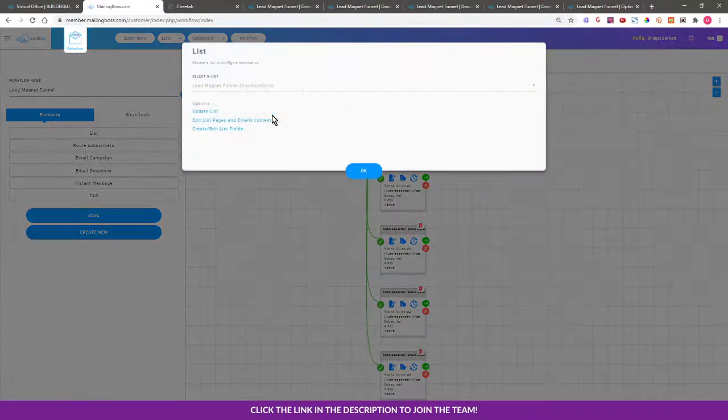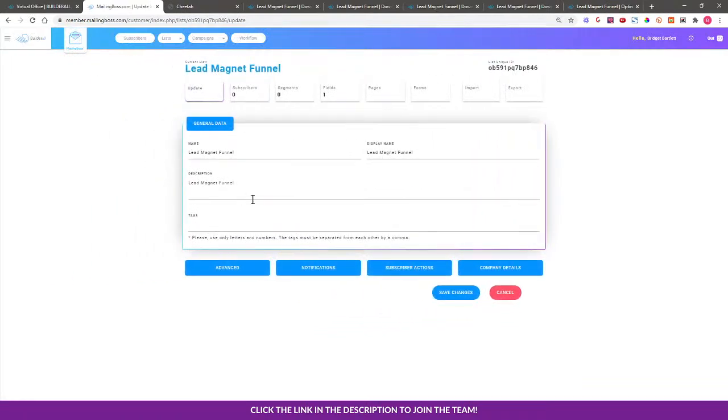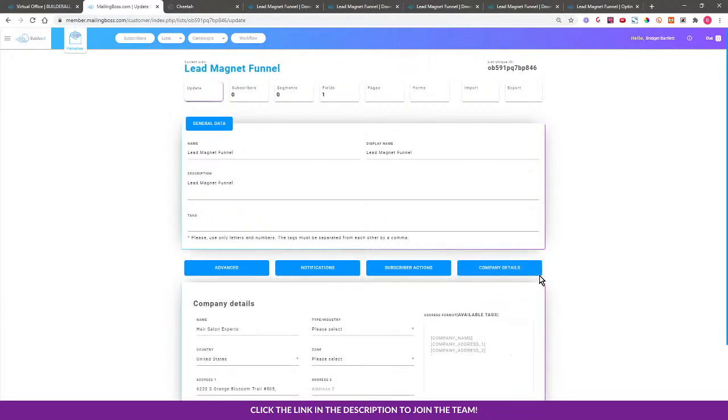If you click here and you go to update list, we have some options here and some advanced features. And a lot of people don't know this. Inside each list, you can actually change the company details. Like I said, sometimes I start talking about things and I just want to explain all of them to you right away, but I'm going to save this until tomorrow. So make sure that you guys check out that template, get it transferred, because I want you to see the process,